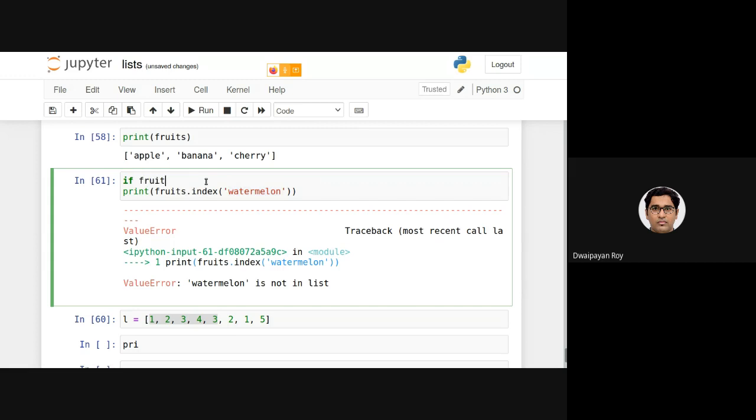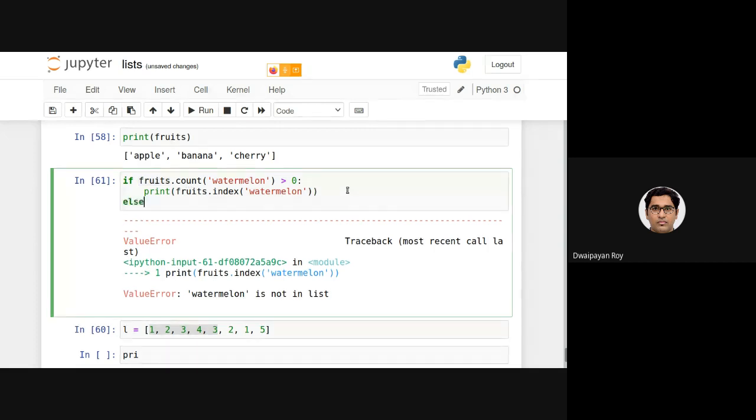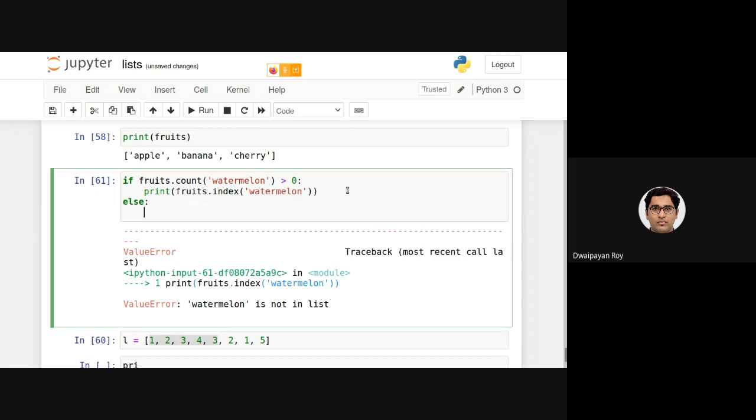What we can do is first check the count of watermelon, whether it is greater than 0 or not. If this is greater than 0, that means watermelon is present at least once in this list. Then I will be checking this. Else, I can actually print that item is absent.